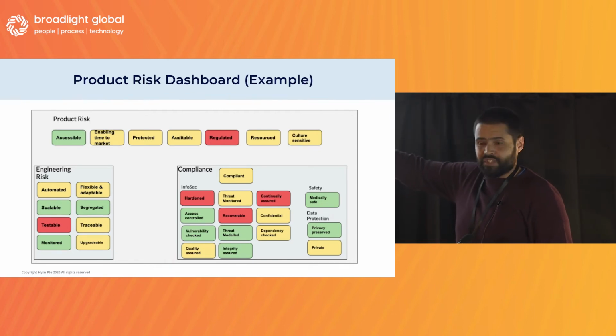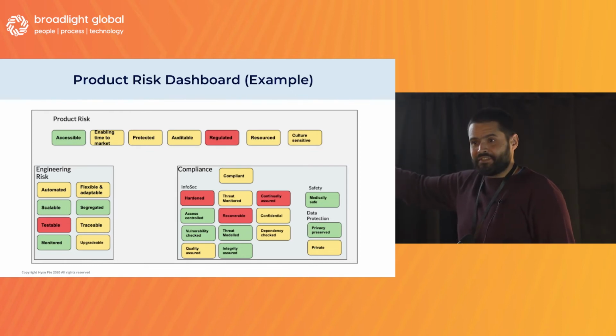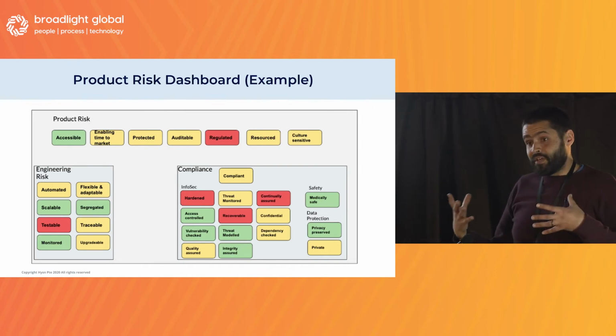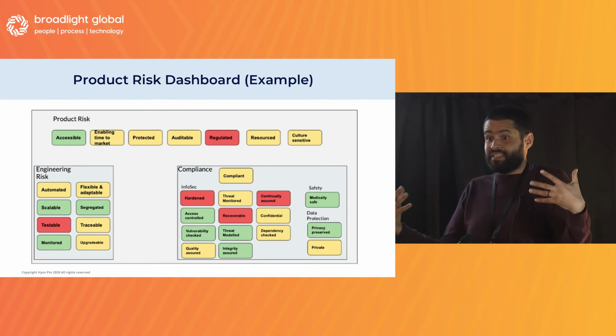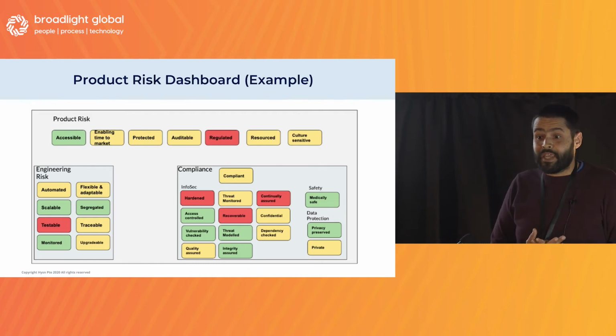So those are not just kind of words, right? They have specific definitions. They've got targets against them. And that's what's leading the kind of red, green, blue that you see there. And that helps at the product level to give a really good visualization of are we good, right? Or are we doing the things that we care about?